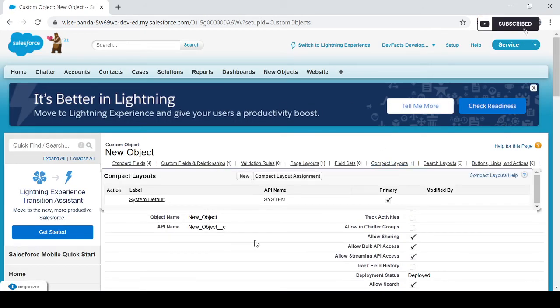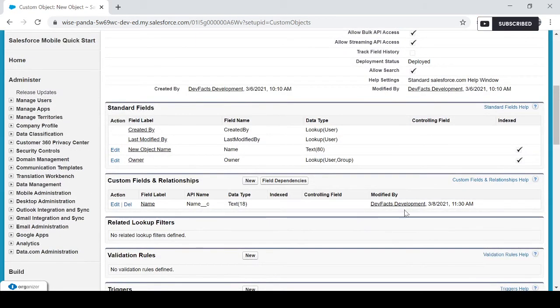Now I'm going to check whether the field is created or not. So here you can see that name. The field name is name. The API name is name underscore underscore c because it's a custom field, right? So automatically it will add underscore underscore c here.